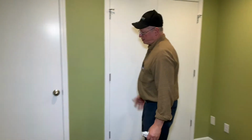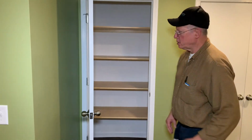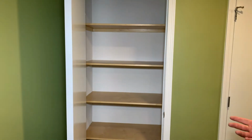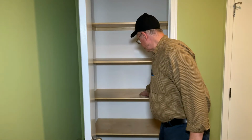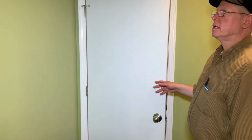Here's another area where she just wanted to have more space, so we built some linen closet shelves in here. And what we did, rather than painting them, we put a few coats of polyurethane on it. Very strong, very hard to scratch, very durable. While we're in here,